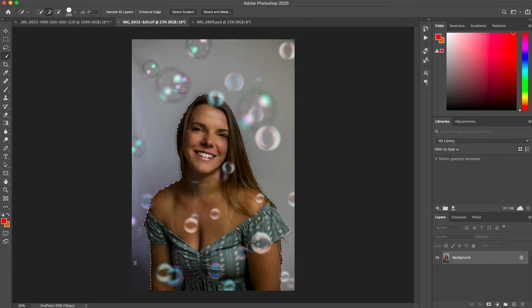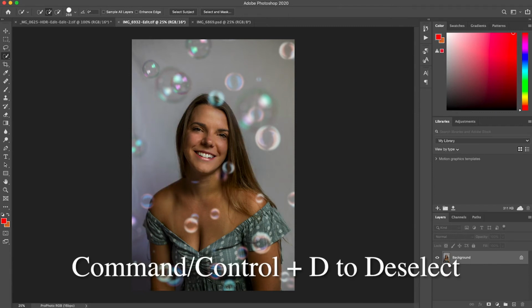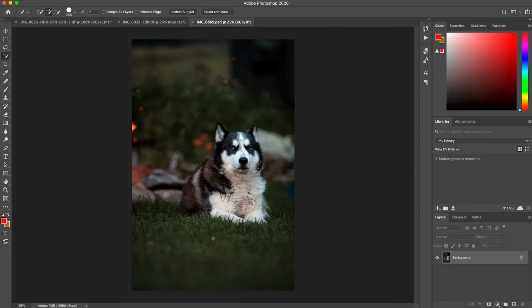So good for editing and adding depth to mountain landscapes because you can select the mountain in the background and highlight it, and then select inverse and then darken the foremountain. It's beautiful. We'll get into that later once we get into the brush tool and things like that. Okay, so let's press Command or Control D to deselect, and we're gonna go to the next image, which is